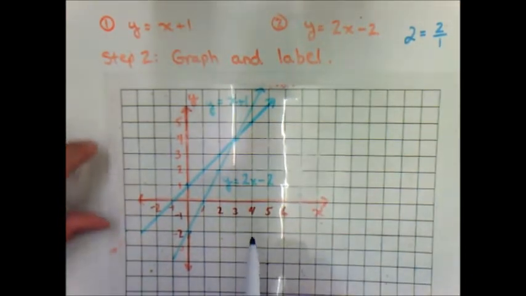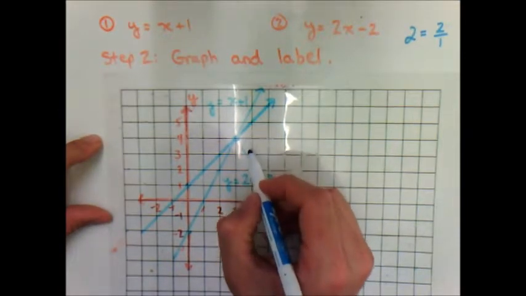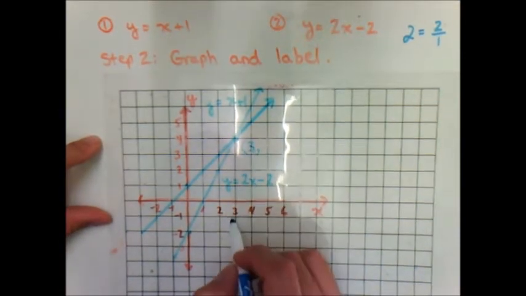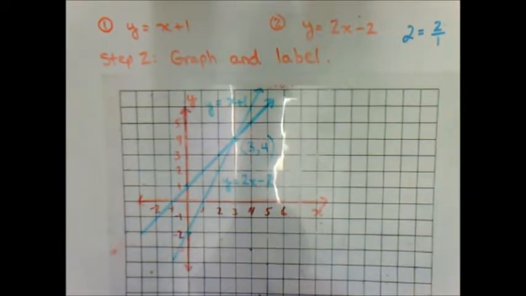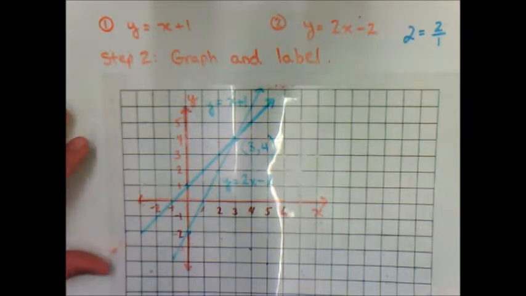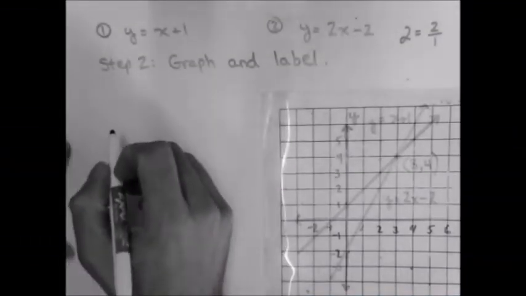The point of intersection happens at x equals 3, and the coordinates of that point are 3 on the x-axis and 4 on the y value of the coordinate. Well, step 3 is simply to check that the point 3, 4 actually does lie on both lines. So in order to do that, we need to substitute x equals 3, y equals 4 into both of our original equations. So we'll take equation number 1 in its original form,